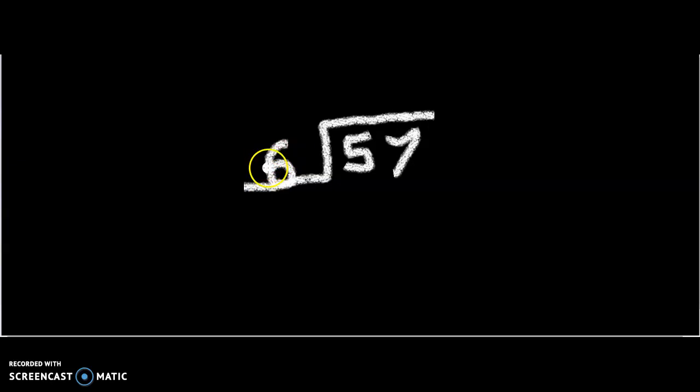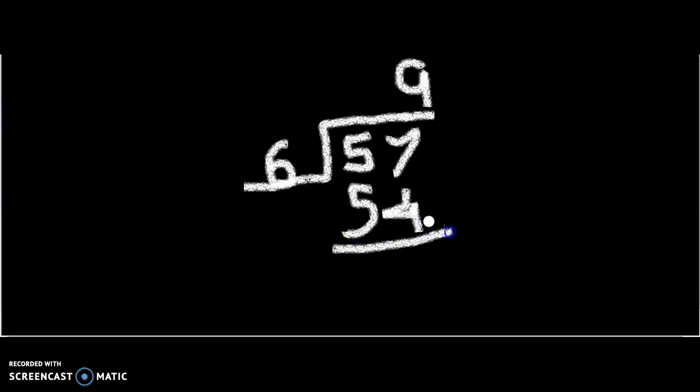So what number in the 6 times tables is close to 57? Yes, 6 nines are 54. So once after that we subtract, and we get 3 and 0. So the answer of 57 divided by 6 is 9,